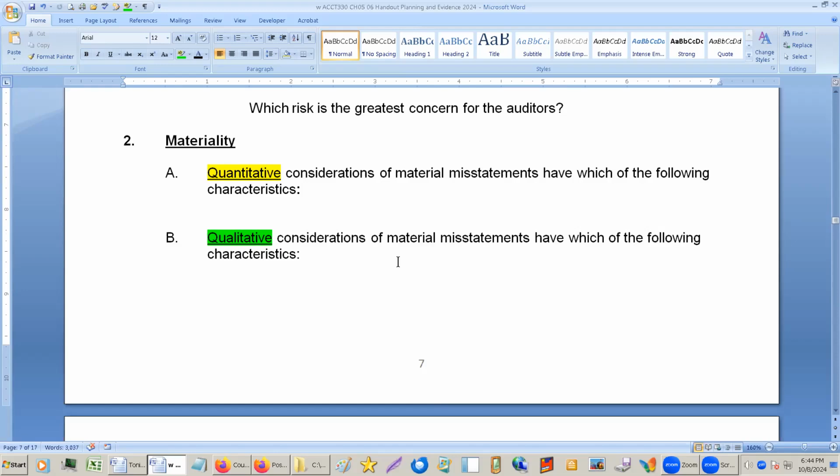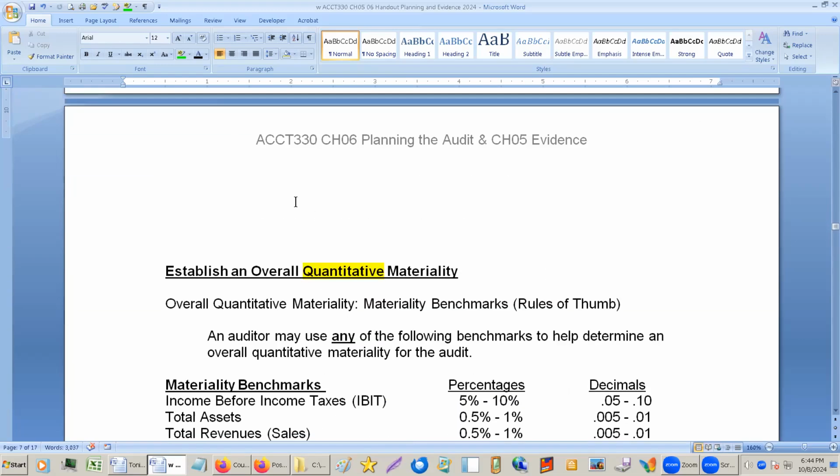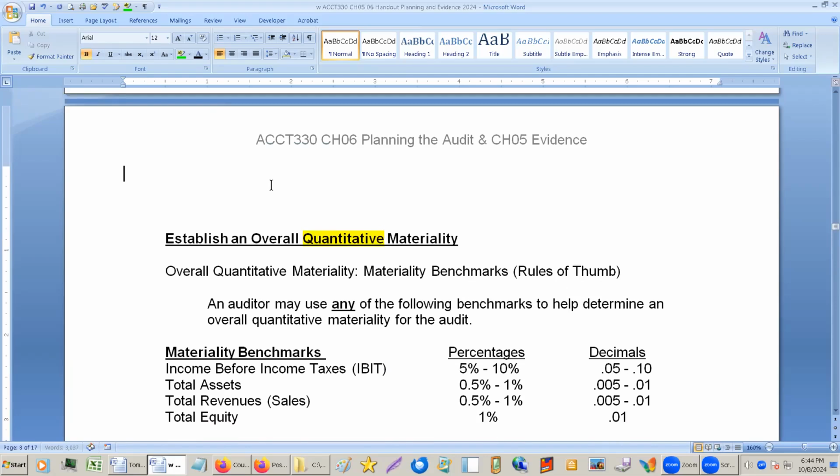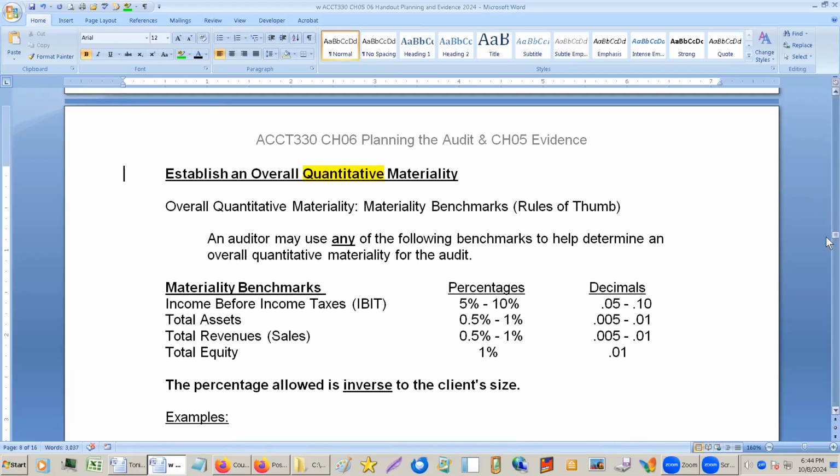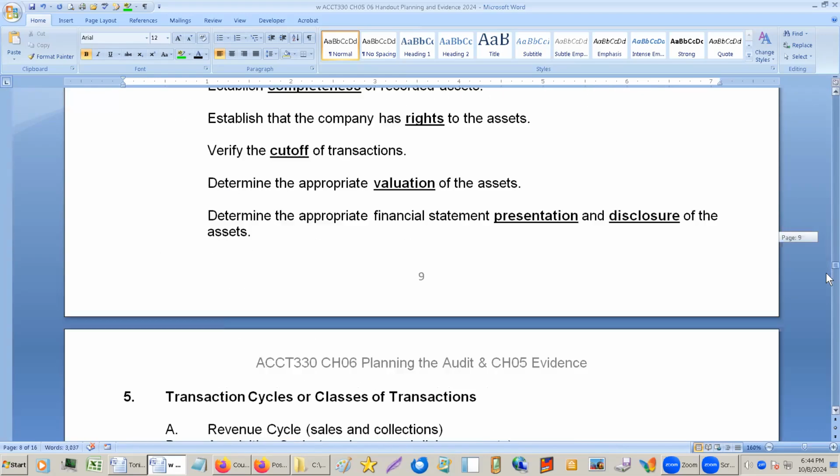Okay, let's move on to material. How much? Something tells me I'm not going to finish this. In fact,